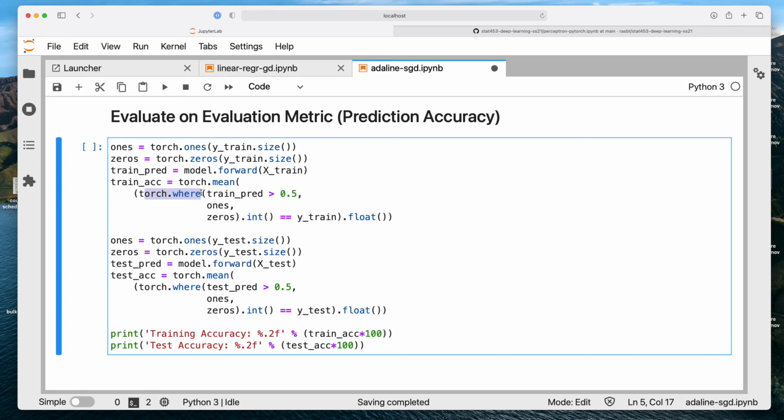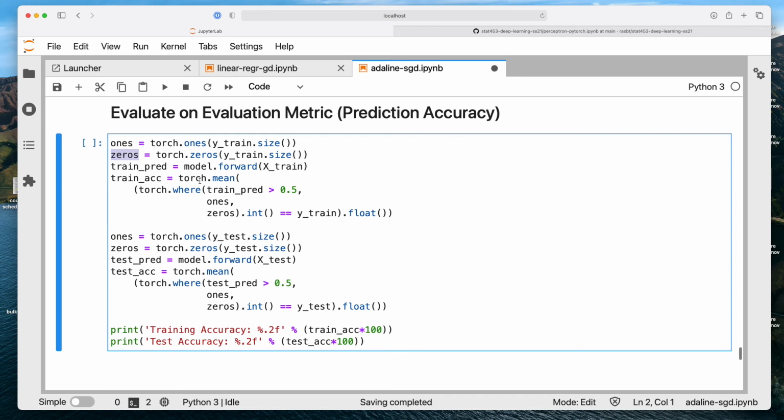How the torch where function works, if you remember from the perceptron, is if you meet this condition here, then you return this value. If you don't meet this condition, you return the second value. So I'm preparing these vectors already as output, so I don't have to recreate them. So this is the ones and this is the zeros. And now I'm also computing the mean. So what is the mean? It's basically the sum of the number of ones, the correct predictions here,